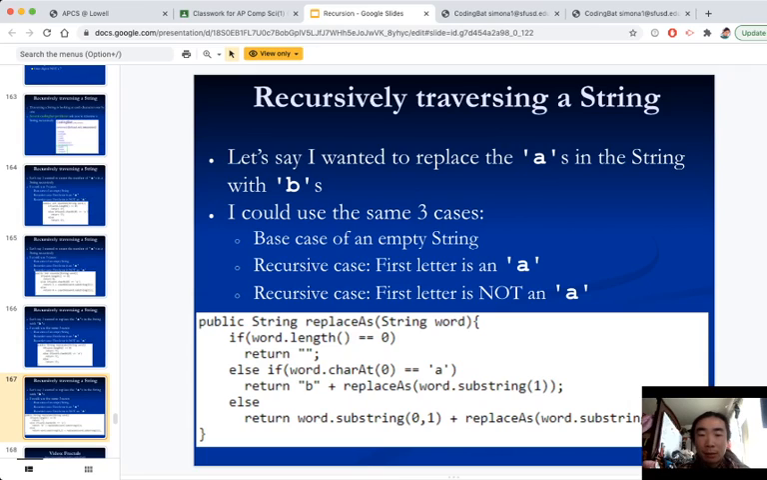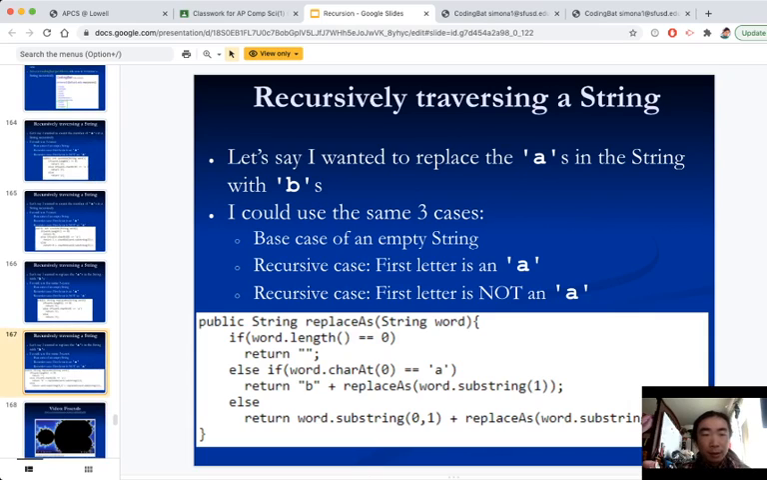Previously we were adding 1 and 0, but when we're doing replacing, we are replacing a with b and leaving it alone. That's what word.substring 0 and 1 does. If it isn't the letter A, leave it alone. So these little hints should be useful for the later couple problems in your coding bat problem set